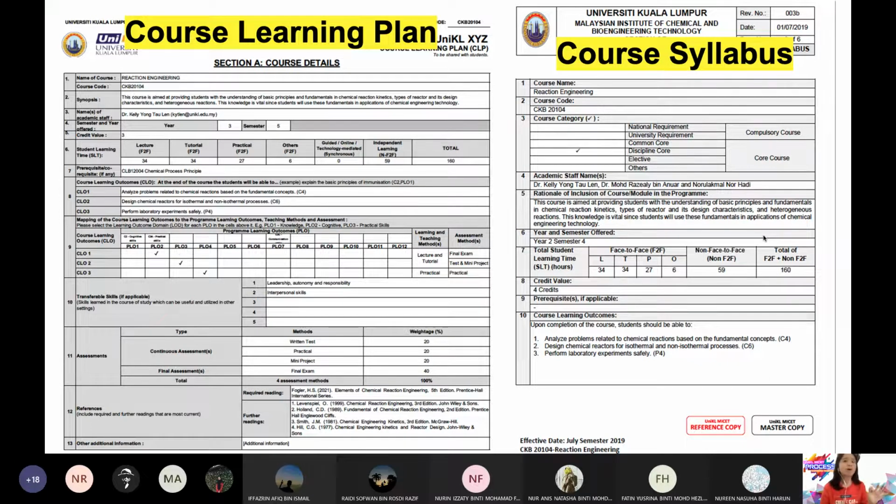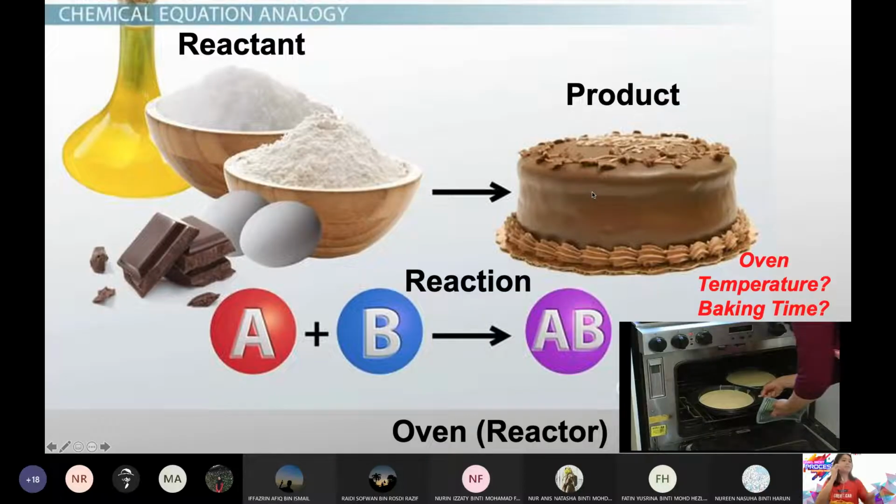Buat tutorial tak dapat jawapan. But just text me. You can probably ask the person. I will never say no. I will never marah. I will never not answer your question. So whenever you are lost, okay, or you feel that you need guidance, you can always inform me. I will definitely solve your problem. But make sure you talk to me lah on the problem, because I'm the only one going to teach you for the entire course. Okay, right. So next.